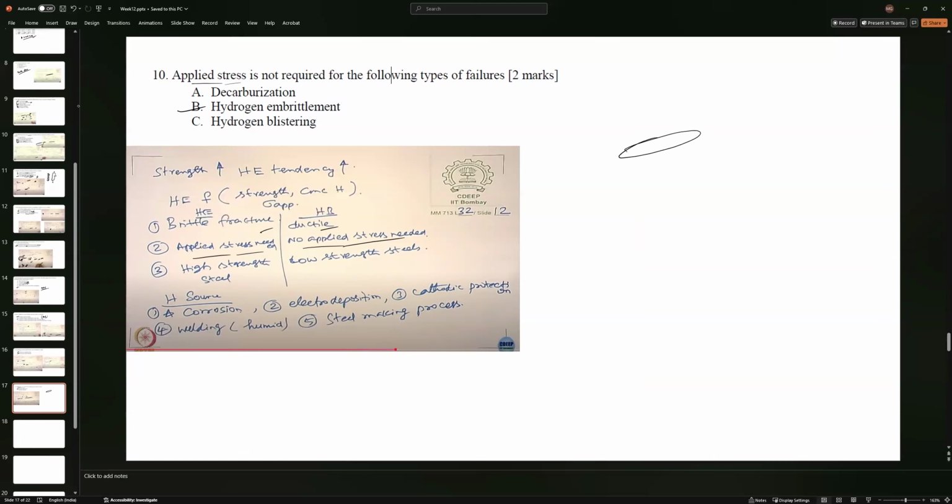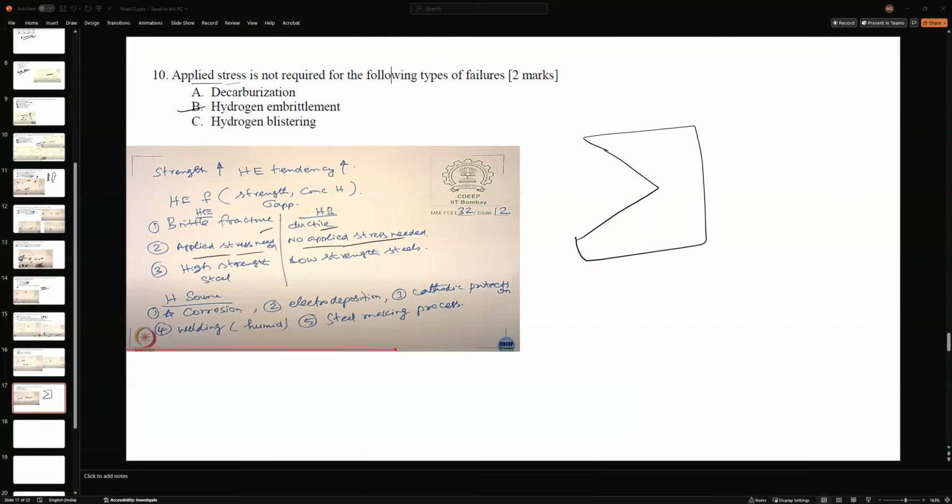There's a pocket of, oh, that was blistering. Embrittlement is like propagation of a crack edge. So any microscopic fracture is